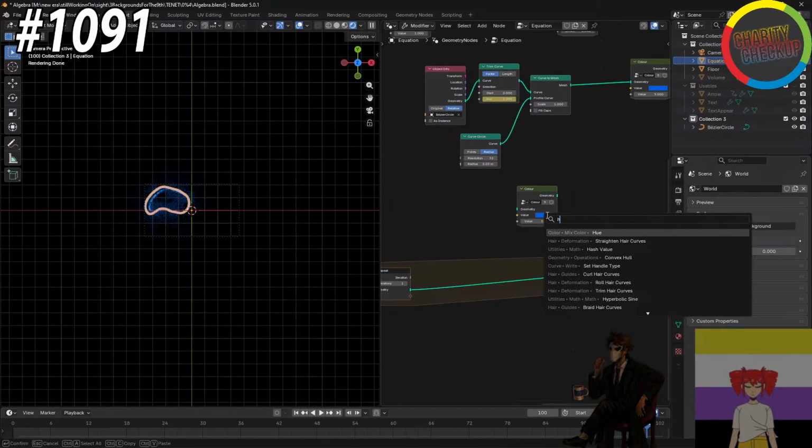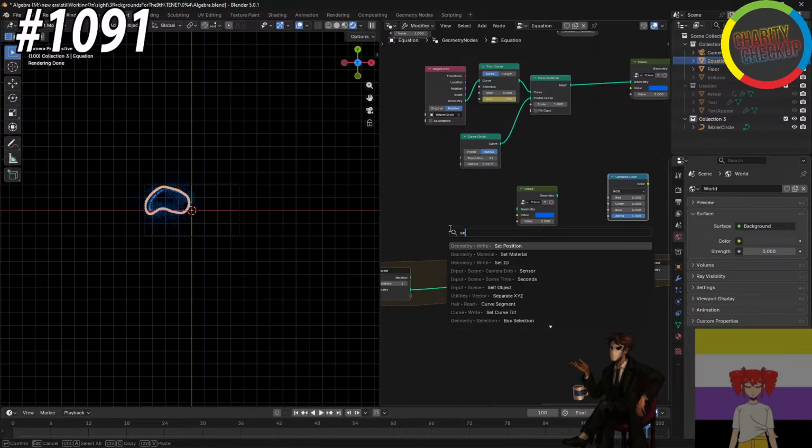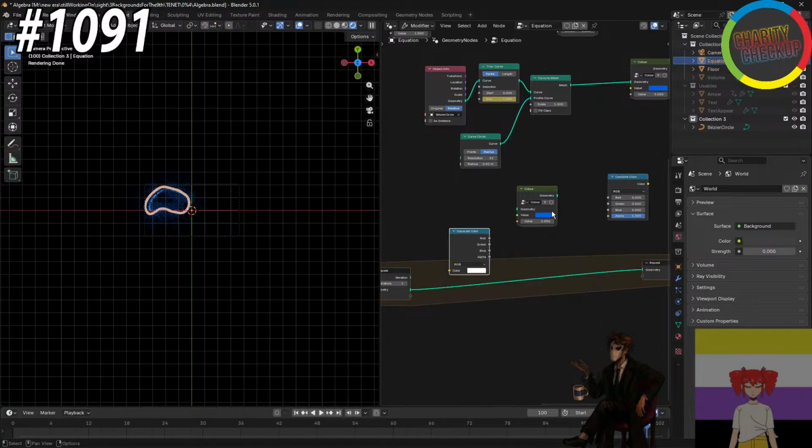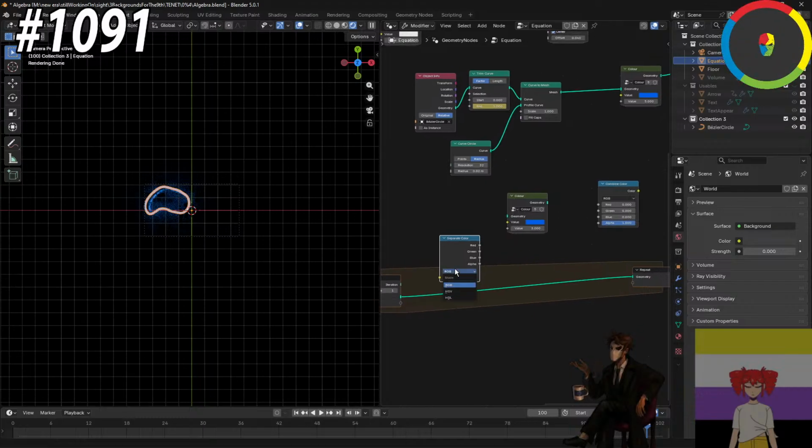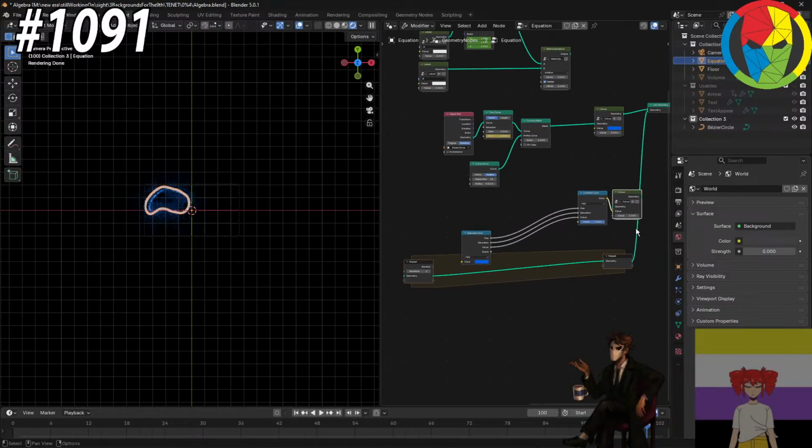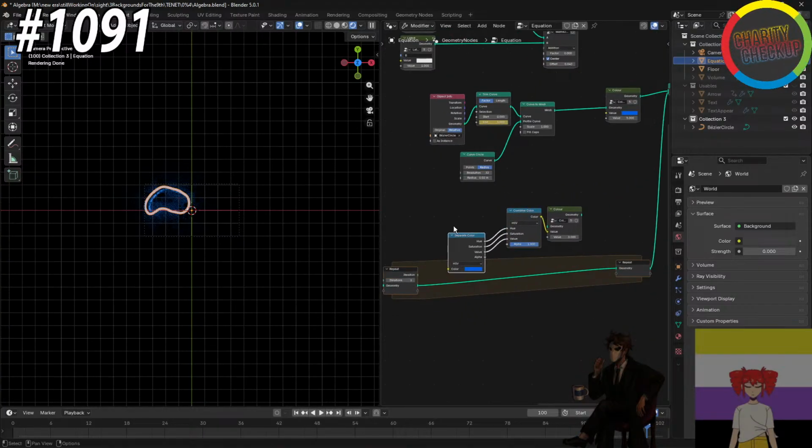So, saturation, how can I combine color and then saturate color? This will be the color. HSV, hue, saturation, and value. And then this. Alright, and then